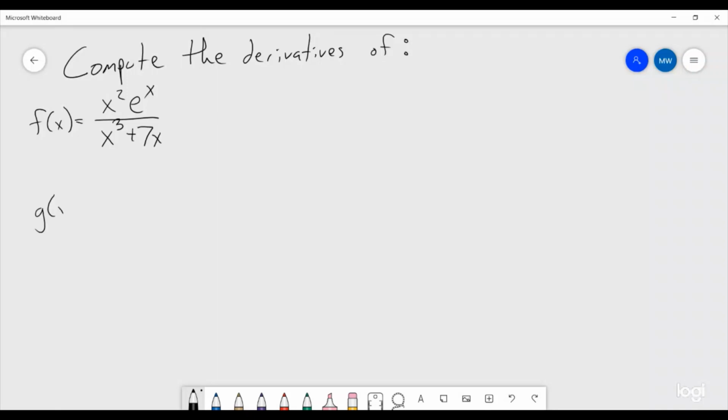We got g of x is equal to cosine of x divided by 1 minus sine squared of x. We got h of x